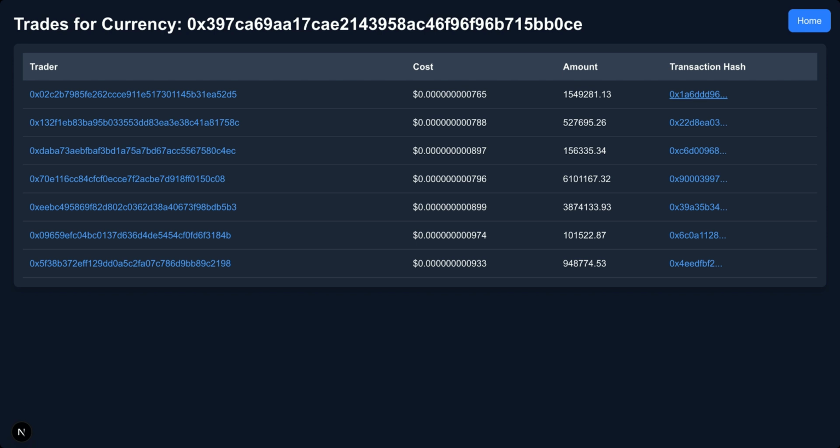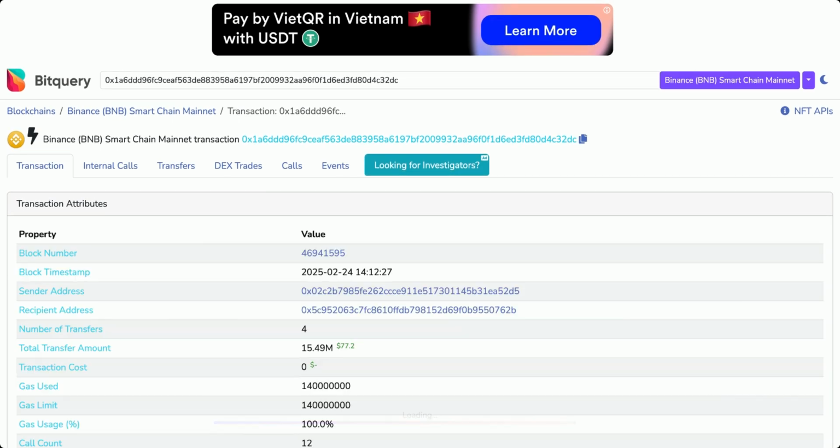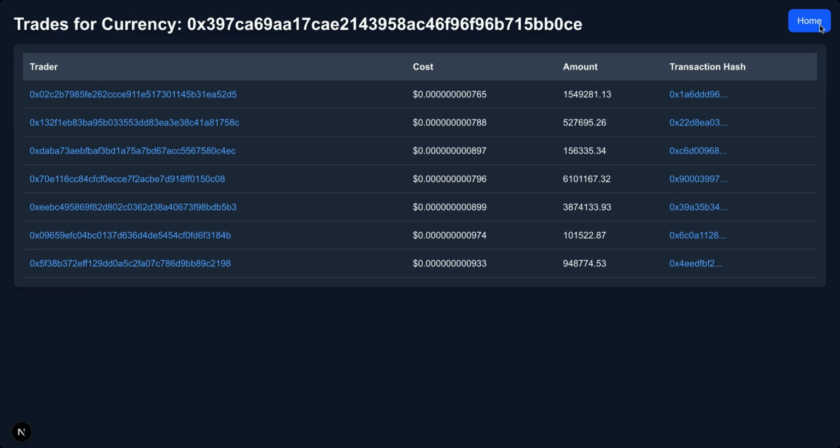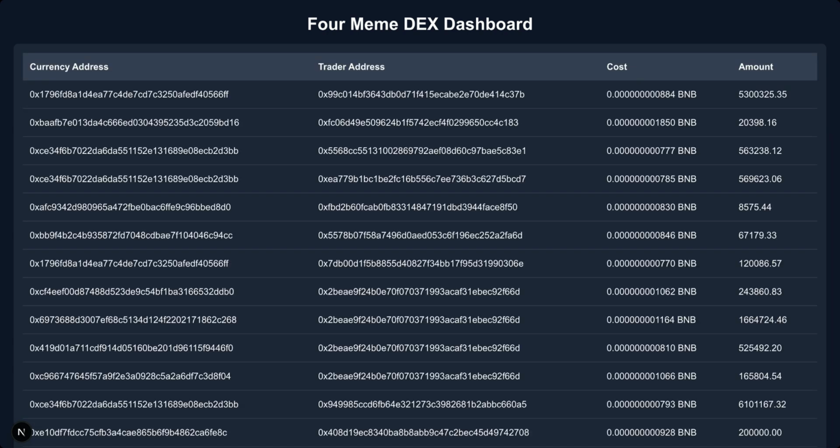So if you want to check details of a transaction, you could click on this URL and you would be redirected to the Explorer page of Bitquery. So now we'll use the home button to go back to our main page. So now that you have got a good idea of what we are going to build, let's jump into the